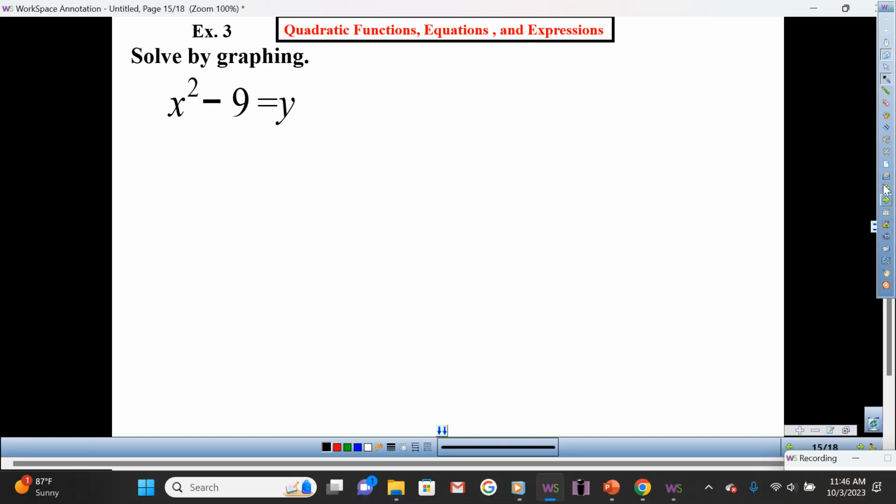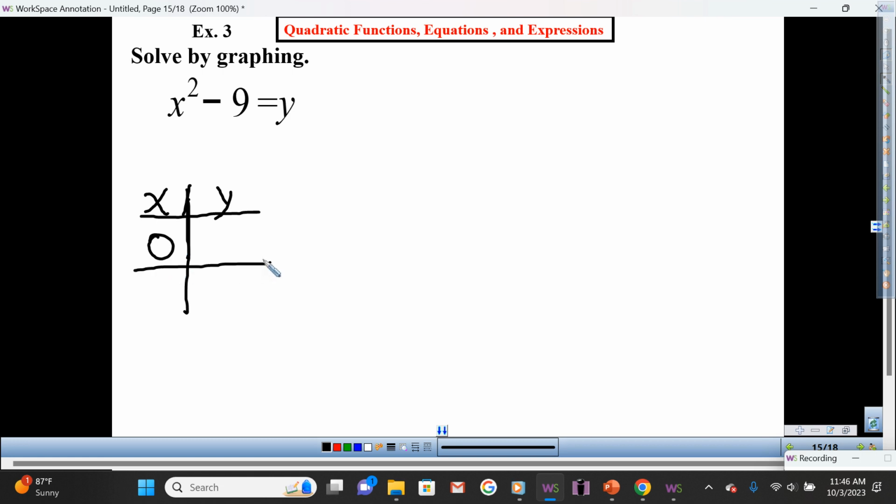Step 2, make a table with x and y. Are we there? So for x, we're going to substitute 0. And then for y, we're going to substitute